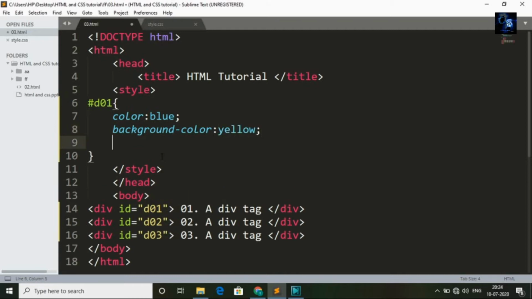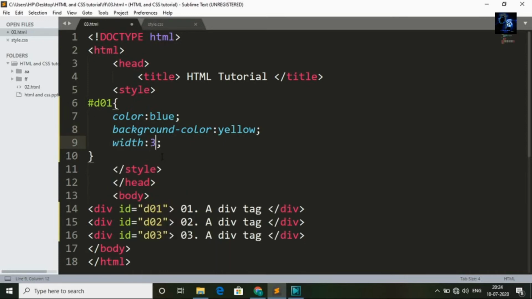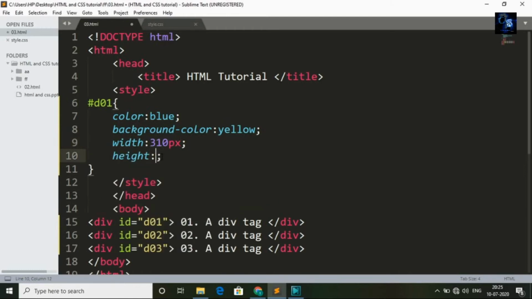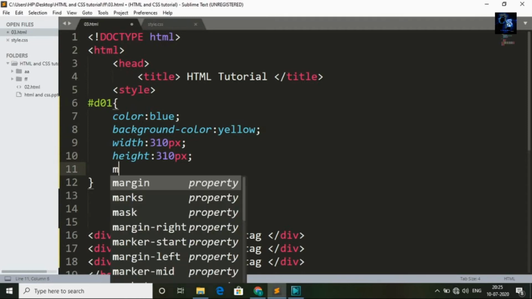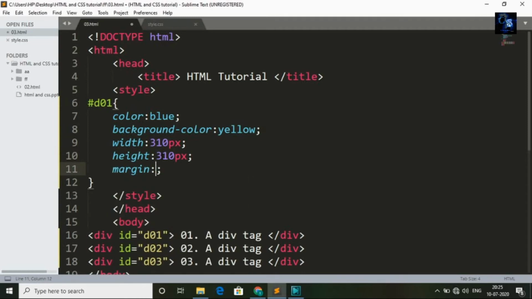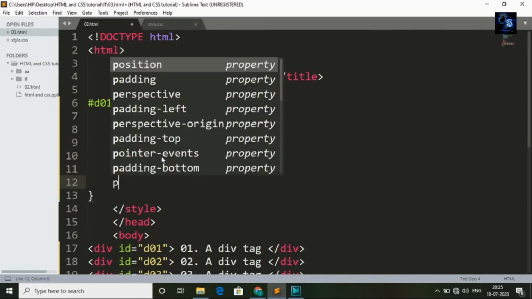I will give yellow, and I will give width as 310 pixel and height also 310 pixel, and I will mention margin as 500 pixel. Later I will explain what margin is.